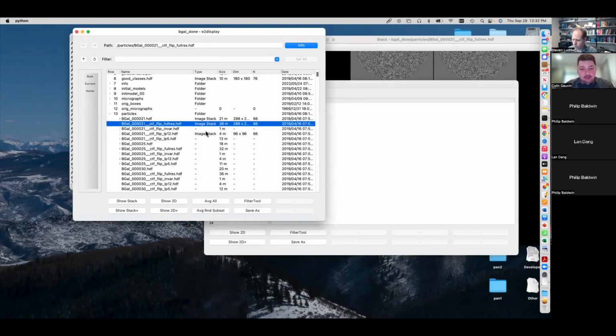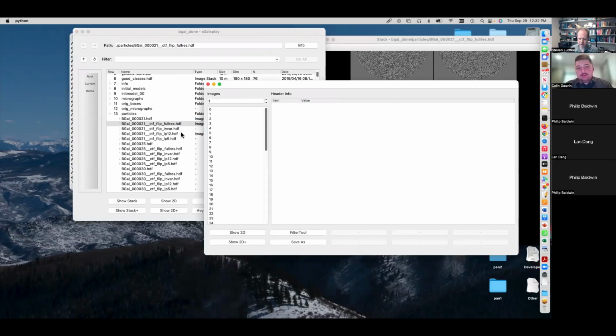Yeah, so there is no such thing as the CTF of a tomogram. Each tilt image will have defocus parameters associated with it. If you're talking about the zero tilt image, then you can have one set of CTF parameters, which are pretty good for the entire image. But then if you have a tilted image, then of course there's a defocus gradient as you work your way across the image. If you collected the perfect tomogram where the defocus along the tilt axis didn't change at all between images in the tilt series,